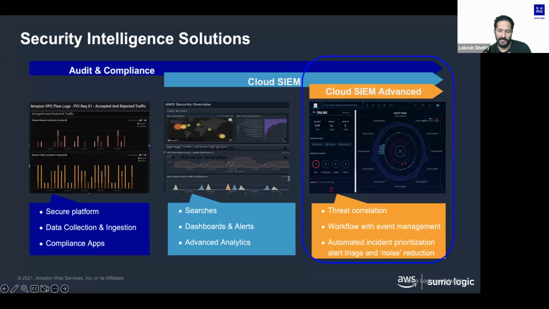And we do this by ingesting data from any source and with more than 900 out-of-the-box security content rules. So what we do is we streamline security events. We create a workflow, and I'll show the console to you. The entire workflow of Sumo Logic Cloud SIEM for threat detection and response is a smooth, streamlined security analyst workflow